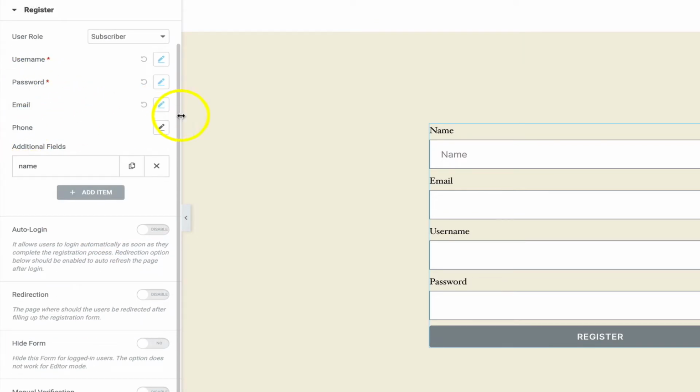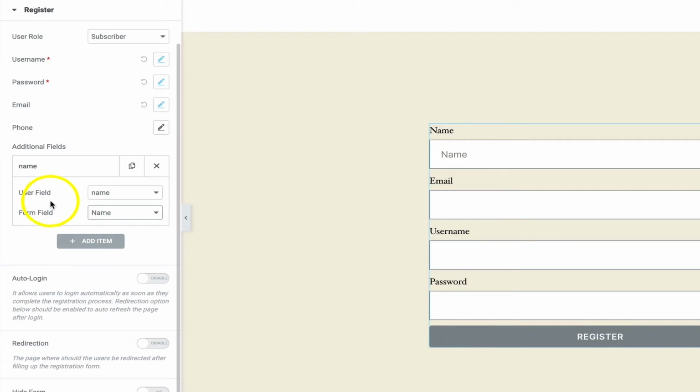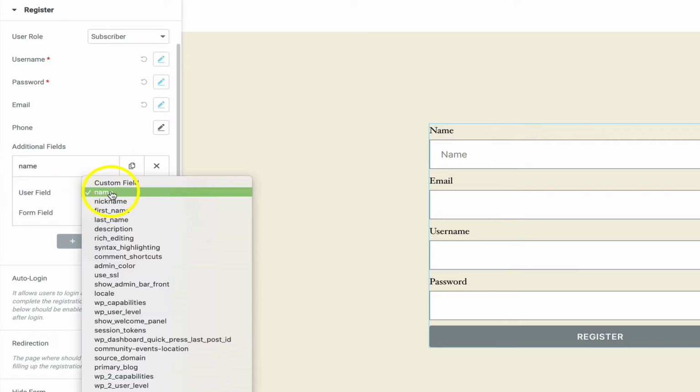Now, that's the email field. In this example, phone is not enabled, but we can also add additional fields as well. What this is saying is that the user field name, and we're choosing this from a list of fields essentially from our WordPress site, will be stored in the back end, effectively the back end user accounts of our WordPress site.